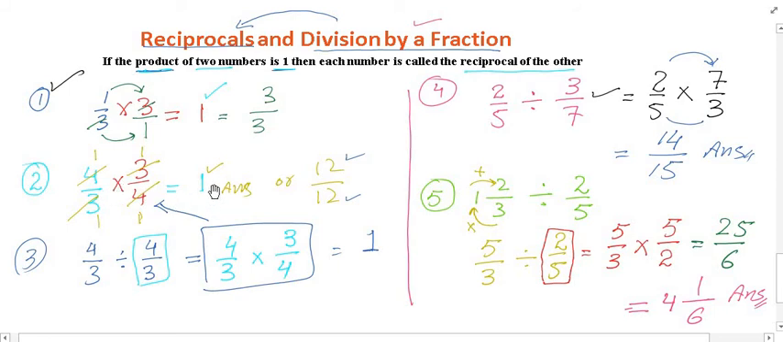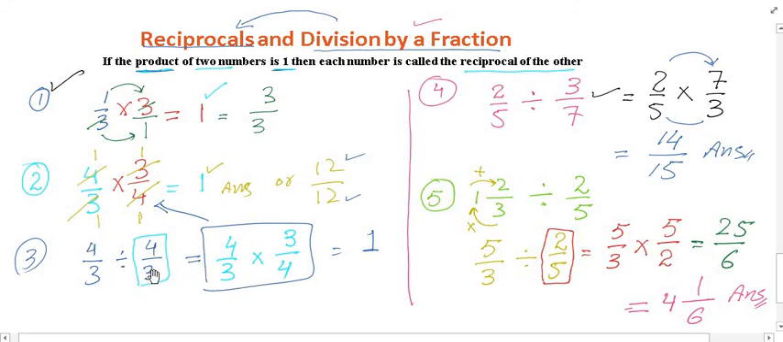Now as we did about division by a fraction, let's suppose I took the same example, 4 out of 3 divided by 4 out of 3. As we learned here, when the same number is divided, we get the answer 1. But I'm applying division by a fraction, and then applying the reciprocals. So what I did, I wrote 4 out of 3 as it is, division changed to multiplication,